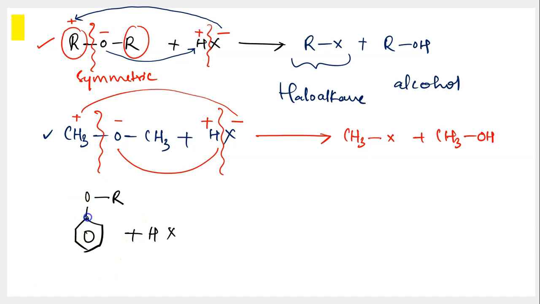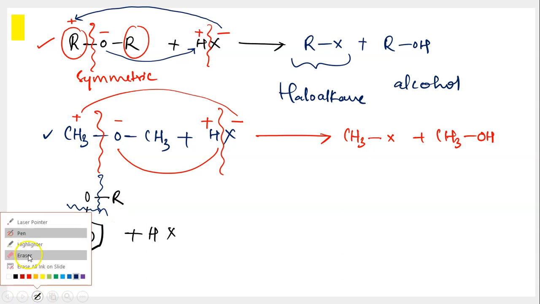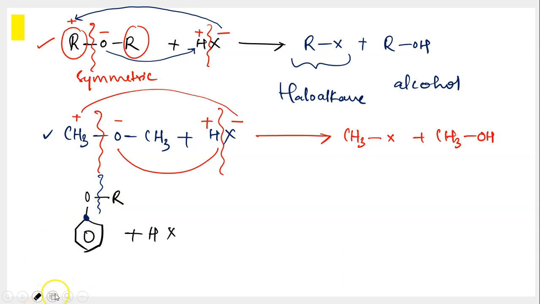But now if you are confused about should I break the bond between oxygen and benzene or should I break the bond between oxygen and alkyl group, without any confusion, break the bond between alkyl carbon and oxygen. That is because phenoxide ion will be formed when you remove this R, and phenoxide ion is more stable. Okay, so now this O will have the negative charge because it is more electronegative, and R would acquire the positive charge because it is less electronegative.